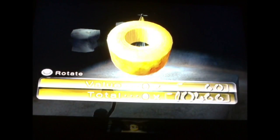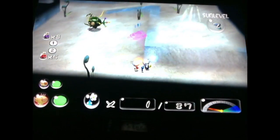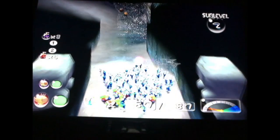Oh, the Pikmin are working on the wall in the cutscene! The confection hoop! The Pikmin are working on the wall in the cutscene! Anyway, now let's go in here, and we got...